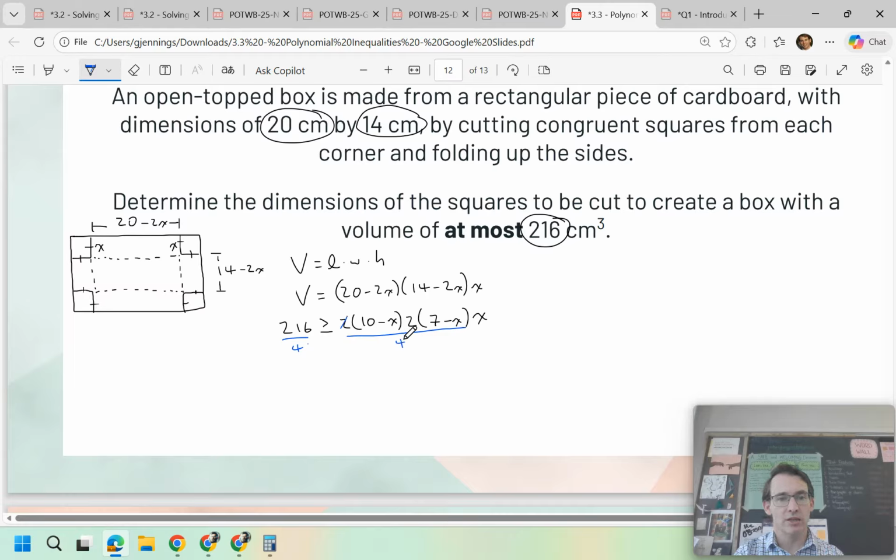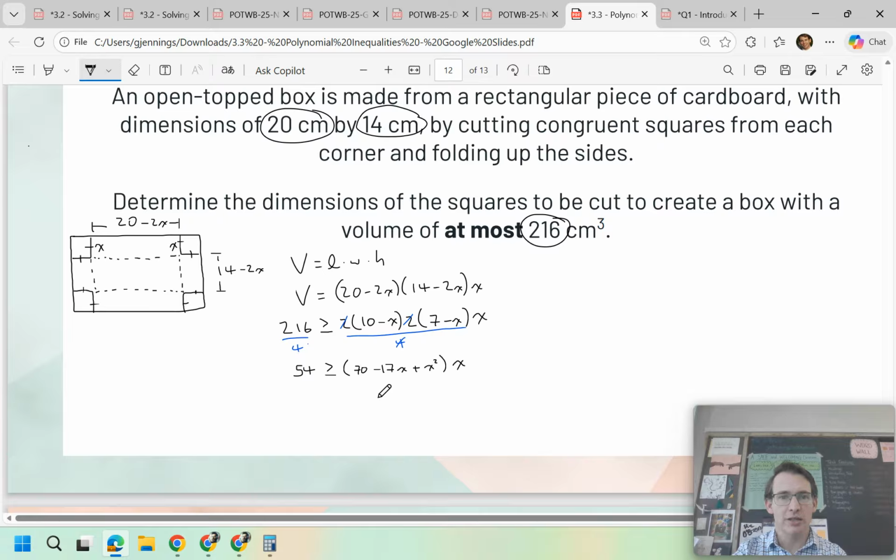Okay, so these cancel. And then 216 divided by 4 is indeed 54. Very good. Who said that? Was that Davis? Good job. 54 is less than or equal to 10 minus x times 7 minus x times x. Let's do a little bit of foiling while we're at it so we can save a line. 70 minus 10x minus 7x is minus 17x plus x squared